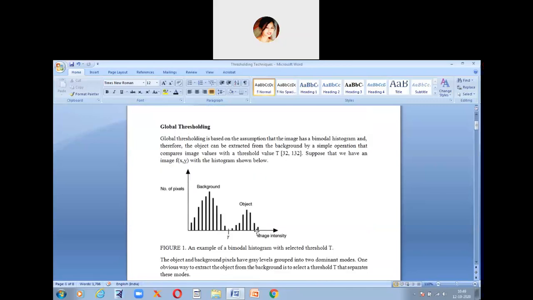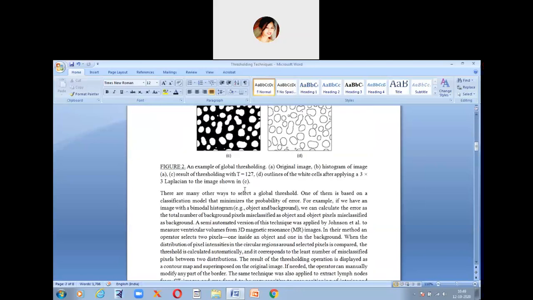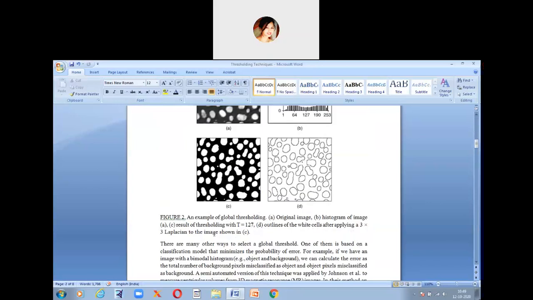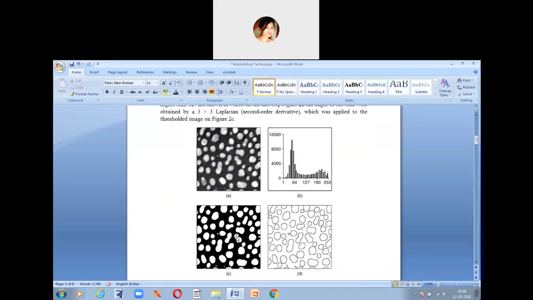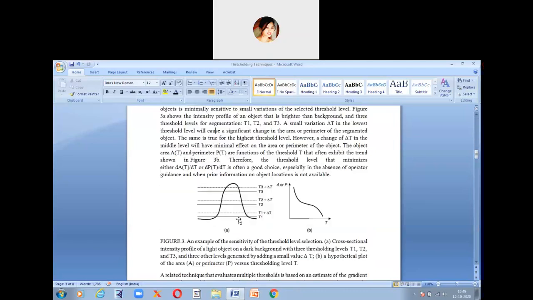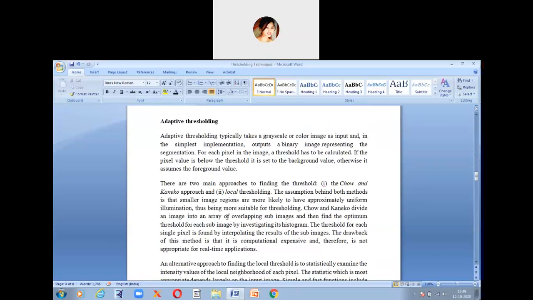Then we have another example here, talking about global thresholding. It is used to separate desirable foreground image objects from the background based on the difference in pixel intensities of each region. It is the same thing, just in different language, so no need to go through this much. You just have to remember these examples: what is thresholding, and how is thresholding used in image segmentation.